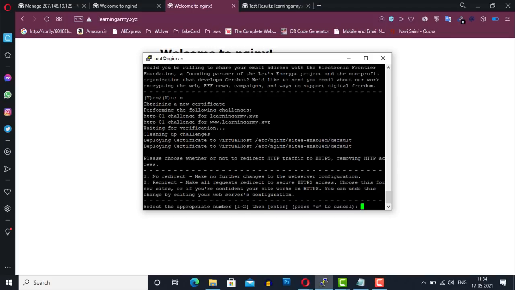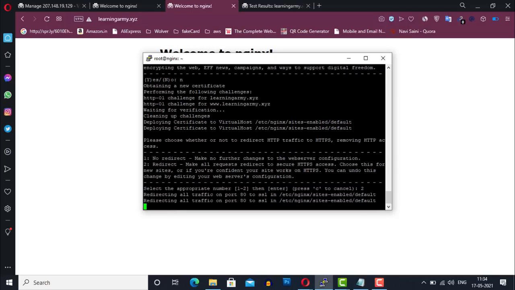After redirecting to HTTPS, if someone types our domain name in the browser, it will automatically redirect to HTTPS instead of HTTP. So yes, we want to redirect our traffic to HTTPS. Press 2 and hit enter.